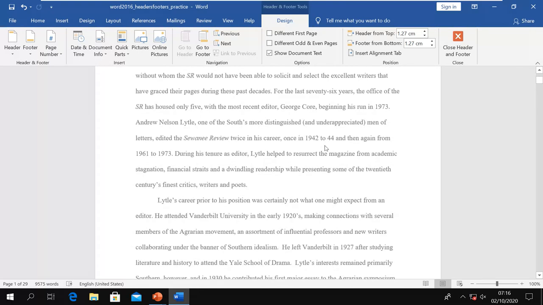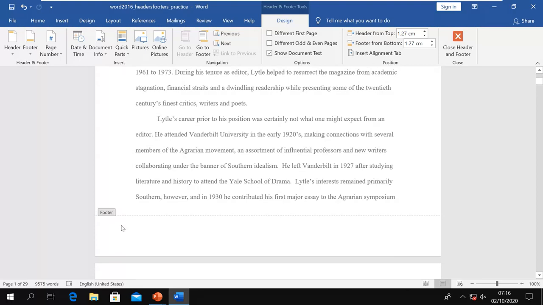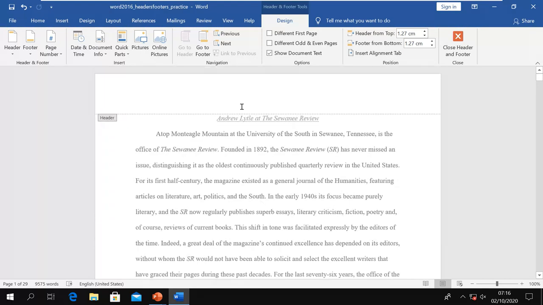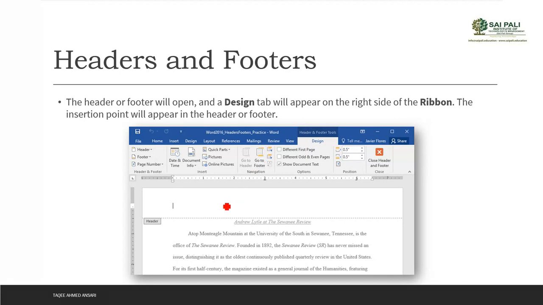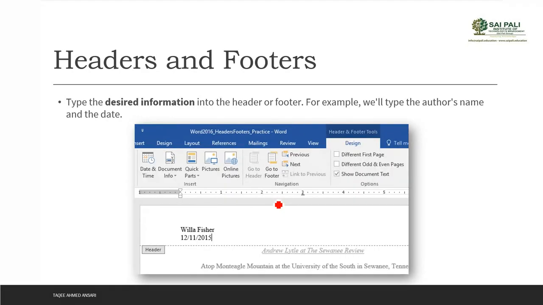Also when you go down, you can see that there is a footer part also. When you double click on this margin, top or bottom, this design tab appears, and now you can edit the information in this header. As soon as you double click here, this design tab appears. Now you can add any information in your header, or even in your footer. Whatever you want to type, you can just type there, and then when you are done with that,